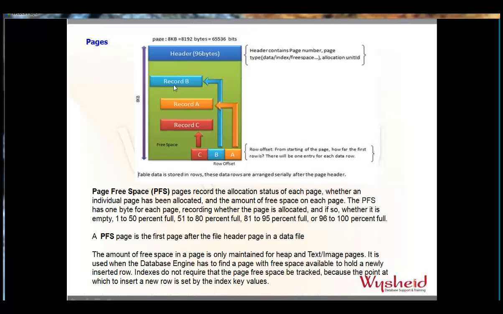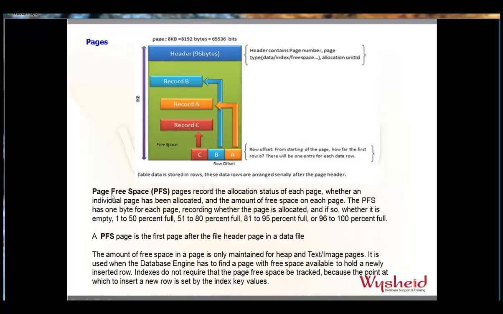So you have record A, record B, and record C. The offset will be stored here for these records, whatever is in the page. And what does offset mean? The offset will hold the starting point, how far the first row is from the beginning of the page. The length of the record will be stored in the offset,